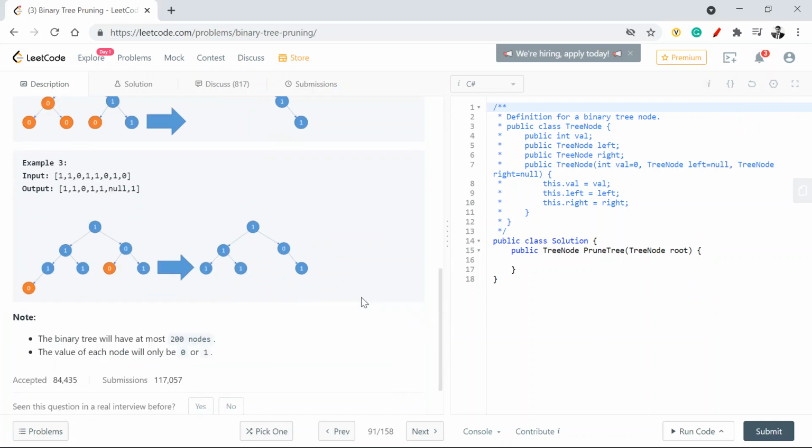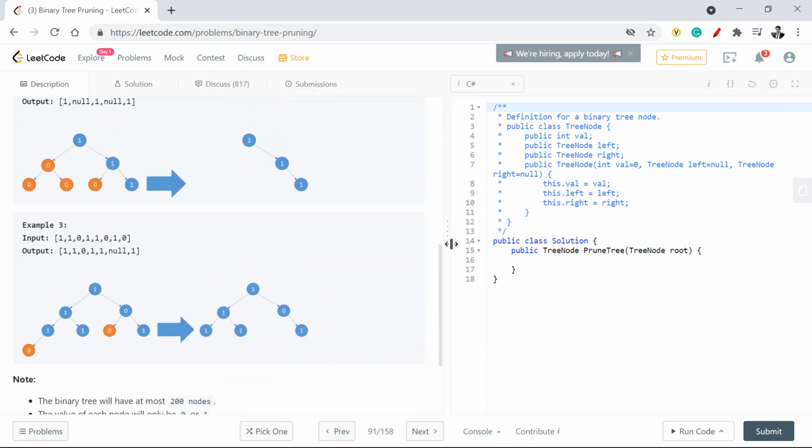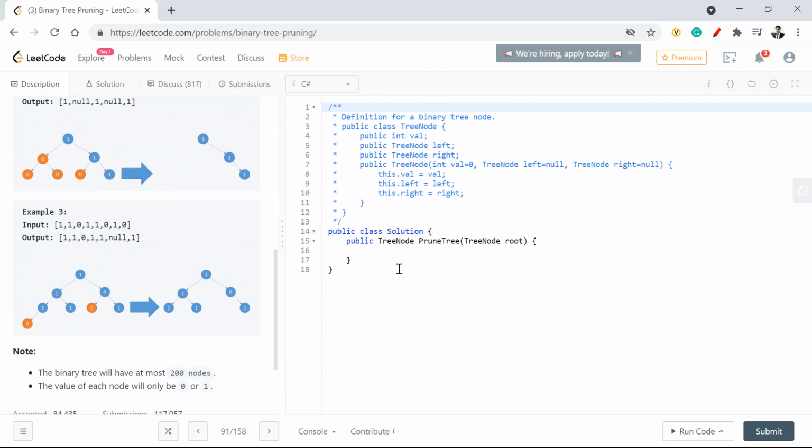So similarly for other examples as well. How are we going to approach this problem? One thing we know is we need to return a tree which always has a 1. So let me create a method which says prune tree with ones, and I need to pass the root node. If this turns out to be true, I'll return the root node, and if nothing is there, then I'll return null.